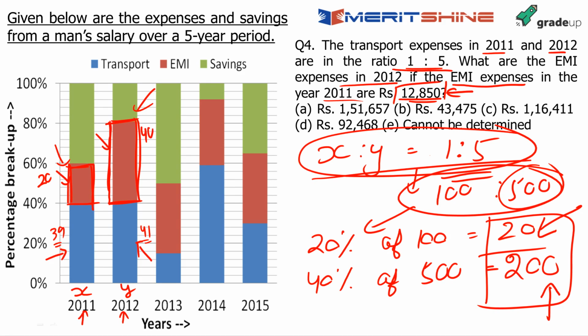Cannot be determined. It cannot be the answer. And that number is option C. I'll mark the answer directly. I would not do any calculation. Had there been another number close to 10 times of this number, a number like 1,20,000 or something like that, then it would have been confusing for me. But when I look at this, there is no other number in the vicinity. 43,000 too small, 151 too large, 92 again small, cannot be determined, cannot be the answer. The only option possible has to be option C and nothing else.